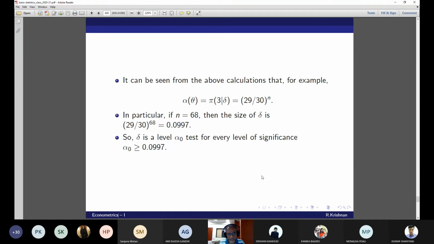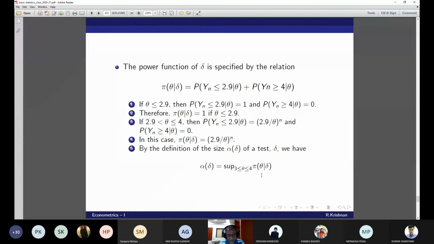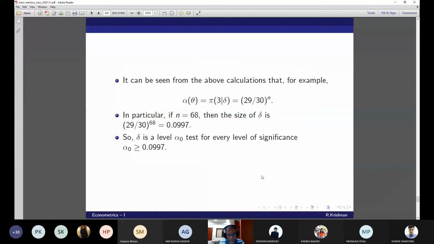Assuming that this is a uniform distribution. If this is an exponential distribution, it will be different for different hypotheses. If it is a normal distribution, it will be different, and we are going to calculate it. Is it understood? For this particular problem and for this null, for this test procedure, the significance level that you need is 0.0997, or in other words, 10%. That is much higher than the normal significance levels that we take, 1% and 5%.